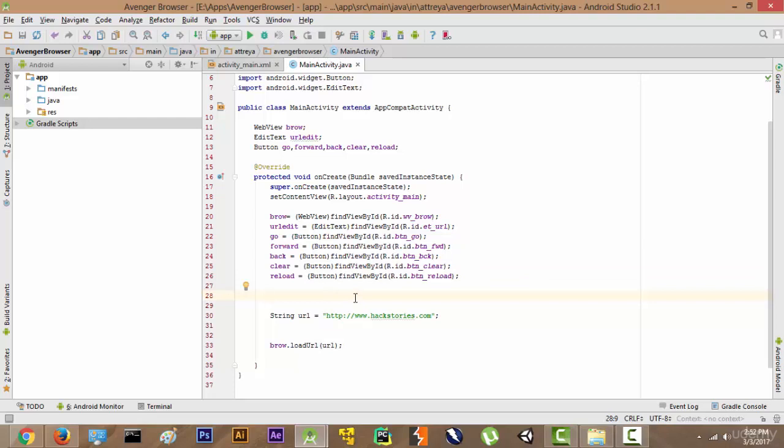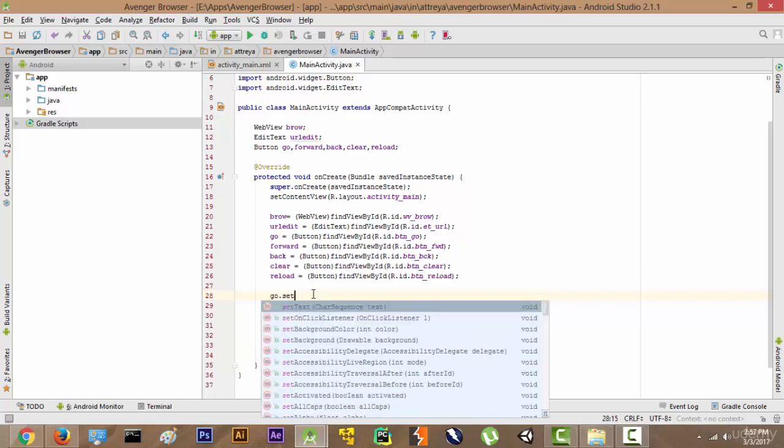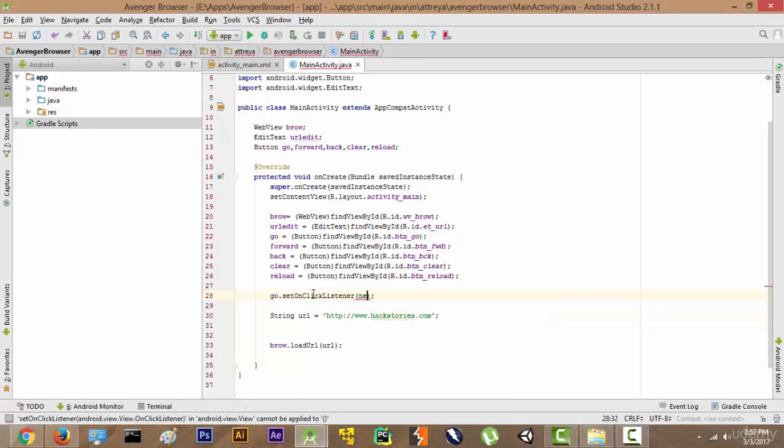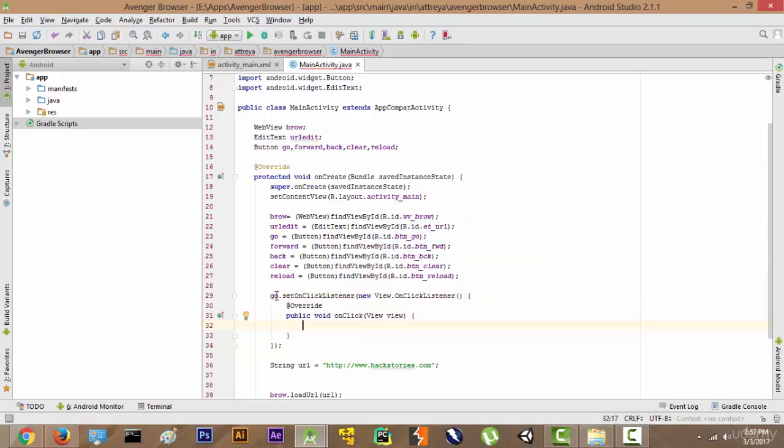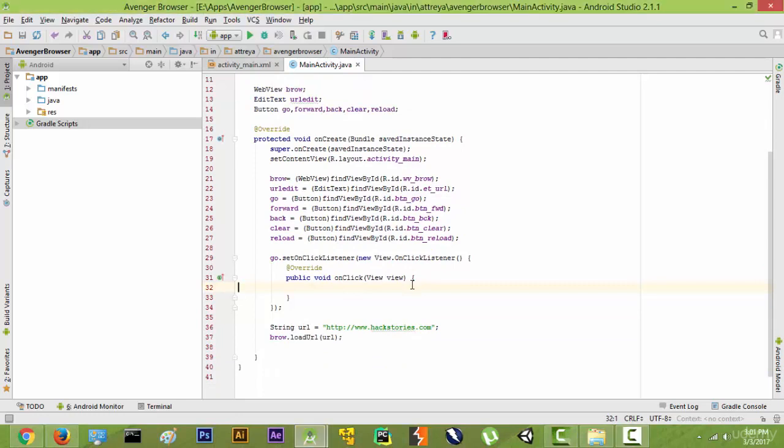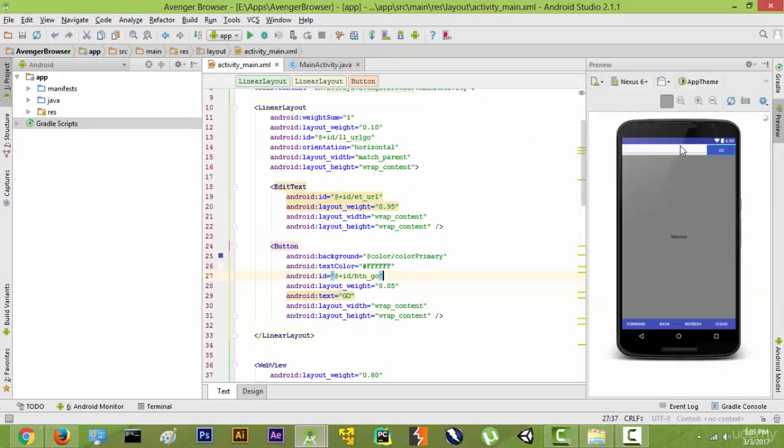So let's make an on button click listener. What we are going to do is type go.setOnClickListener, new OnClickListener, and whenever the go button is clicked, this onClick function will be called, and whatever is inside this onClick function will happen. The next thing we are going to do is take the data from the edit text. For example, on pressing the go button, we want to take the data that was written here, for example facebook.com,